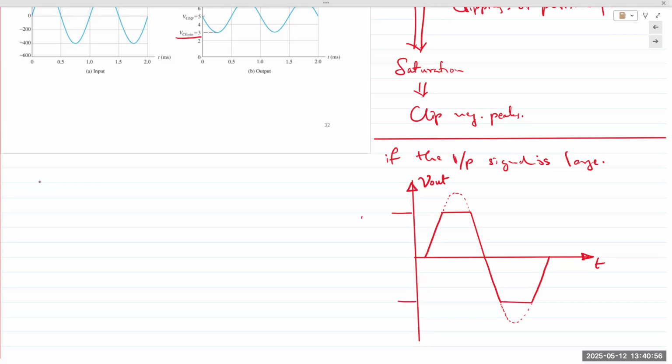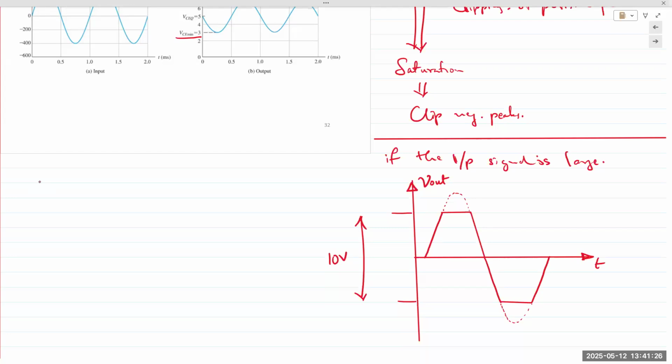Let's say this was 10 volts, because that was the 10 volts VCC that we were applying, right? So if your input signal is large, your amplified signal would exceed the bounds of the VCC voltage that's being applied. And in that case, both ends of the waveforms would get clipped, which again is